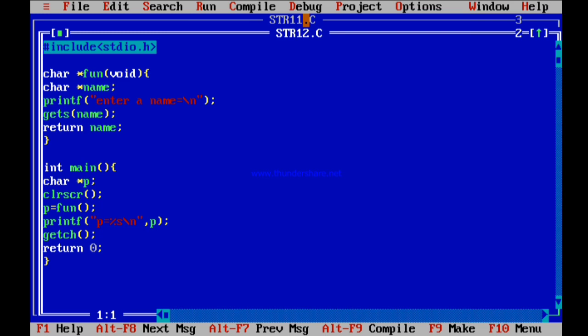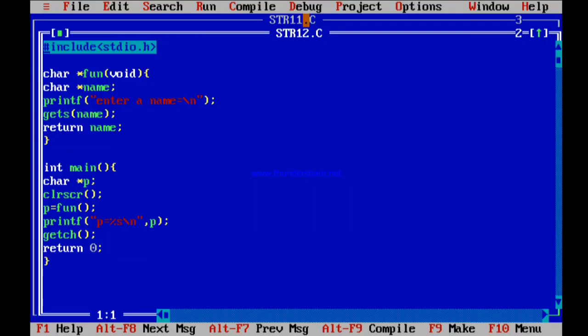Okay friends, I'm executing this program. It is asking me for a name. So I'm just entering New York, and it is telling me that p is equal to New York.